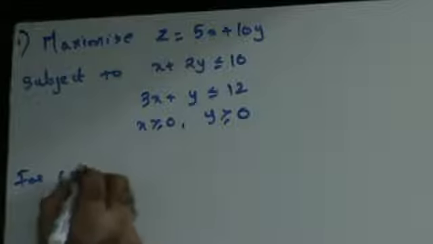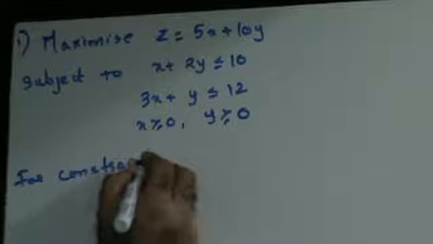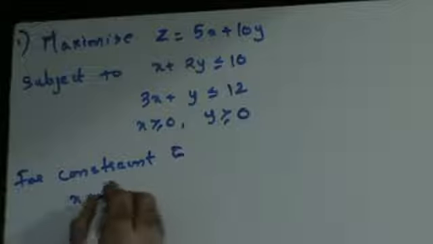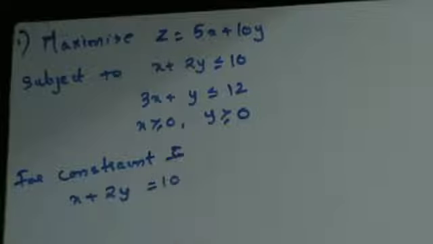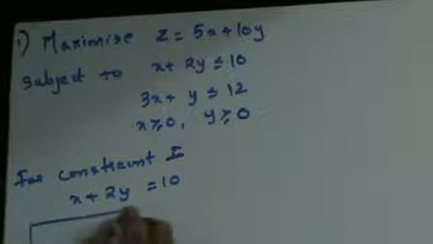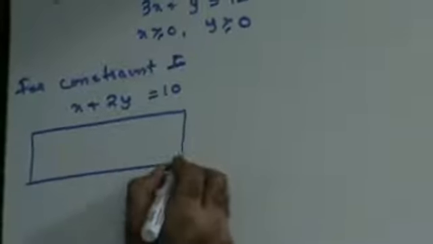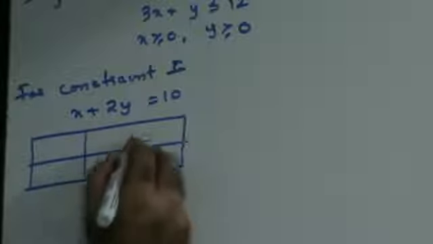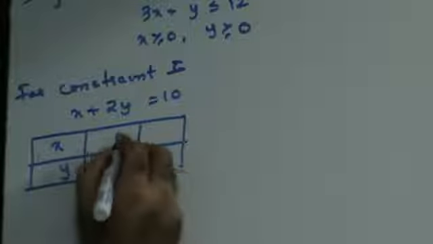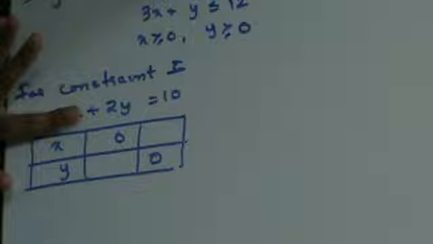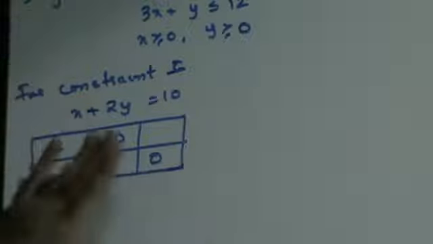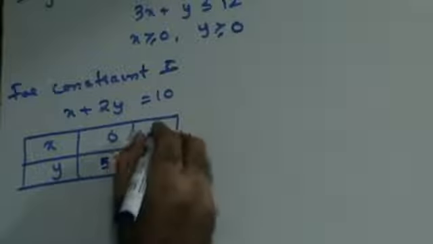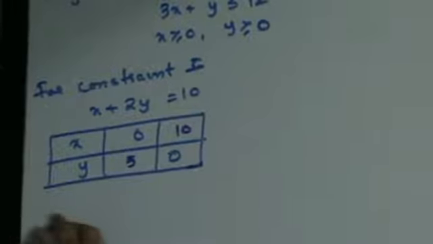So I'll say for constraint 1, x plus 2y is equal to 10. Right? You make a table like this. X, y, 0, 0. Right? Now, if x is 0, then 2y is equal to 10. Therefore, y is equal to 5. If y is 0, then x will be equal to 10. Right? Then similarly, I can say for constraint